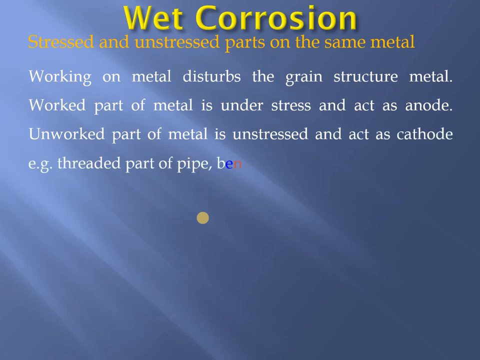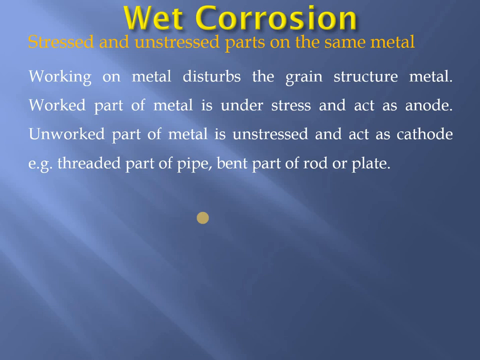Here worked part means the part of the metal which is either bent or hammered or some kind of working is carried out on that part of the metal, just like drilling, bending or hammering, any such kind of work which deforms the grain structure